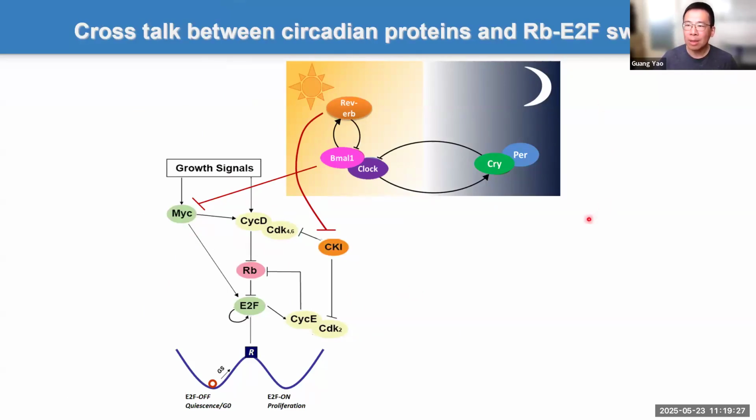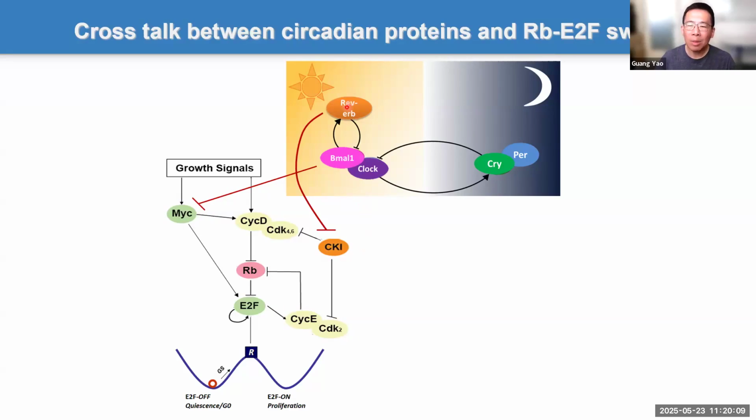For example, this is the same simple machinery for the circadian clock. The main driver is BMAL1-CLOCK, but it's regulated by at least two negative feedbacks. And there is literature indicating that BMAL1 can repress MYC directly. MYC is a very important oncogene, and also MYC is an upstream regulator of E2F activation. It's necessary but not sufficient. But anyway, it's an important activator for E2F, and MYC is an important activator for cyclin-CDK activity. But MYC is directly repressed by BMAL1, so keep that in mind.